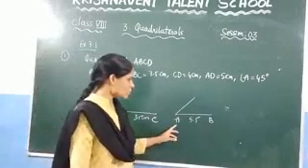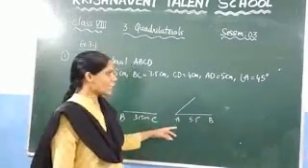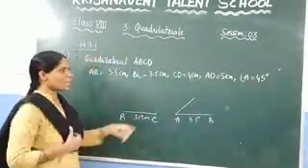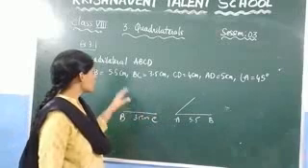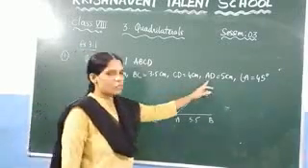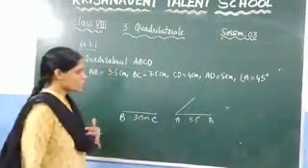So we need to choose the base such that we know at least one of the angles. Here in this case, since the angle A is known to us, we take the length of AB. Or you can take the length of AB also, anything you can take. So here,